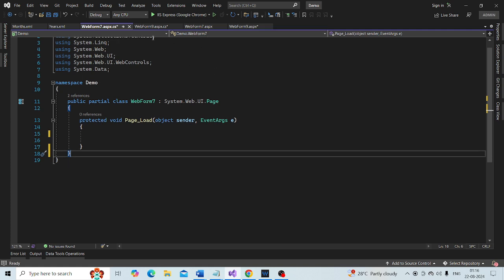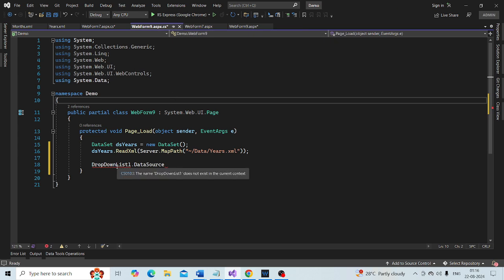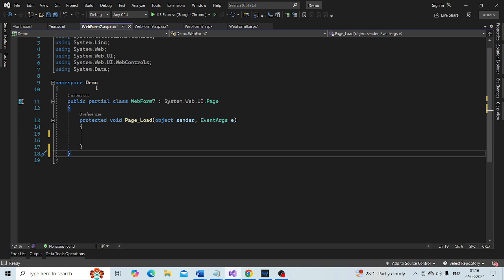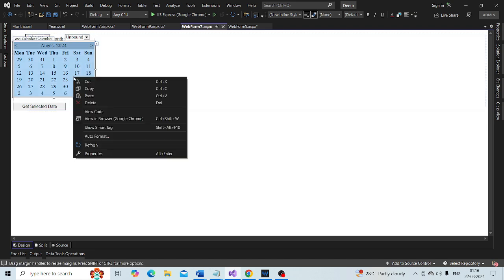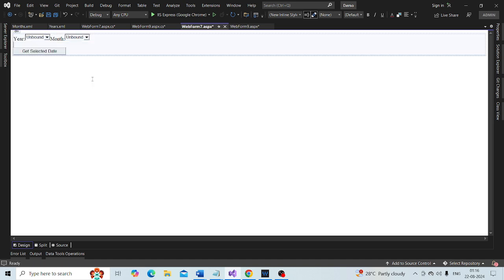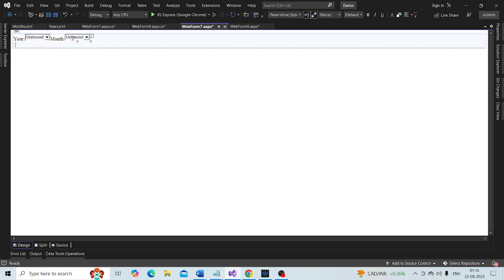Now go to web form 9. We also need to remove this, so we delete, cut, and remove this.